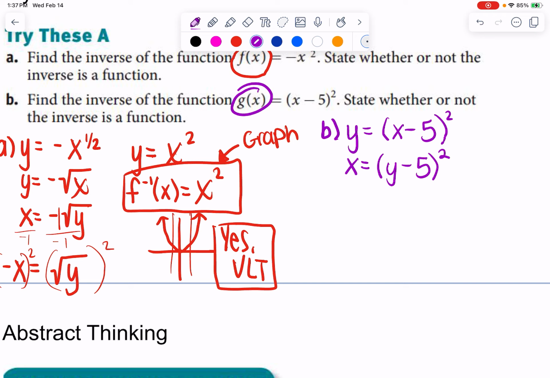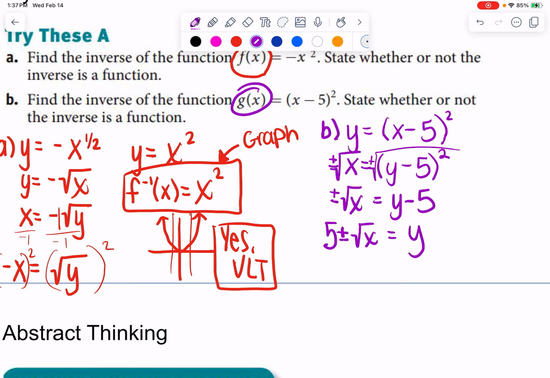What I'm going to do is take the square root of this side, but I have to add that plus or minus sign every single time I do that. So plus or minus the square root of x equals, on the right, just y minus 5. And then finally, to solve for y, you would just add 5, so it'd be 5 plus or minus the square root of x equals y. And so what I would do is simply write g inverse of x equals 5